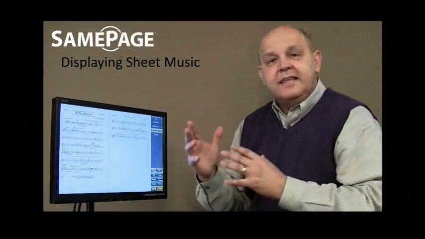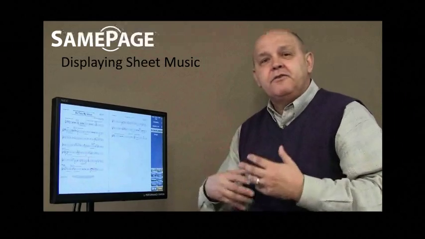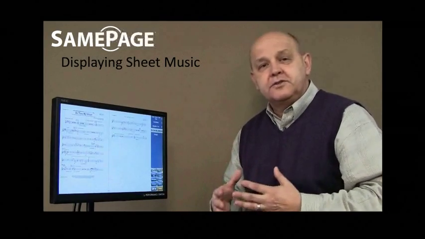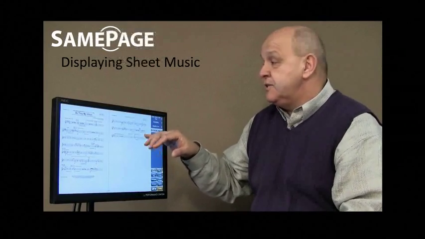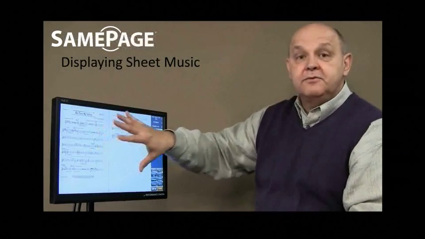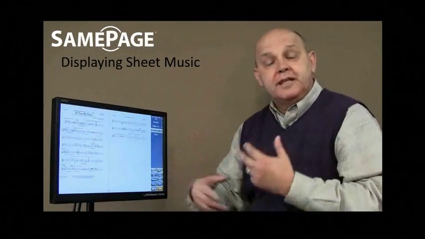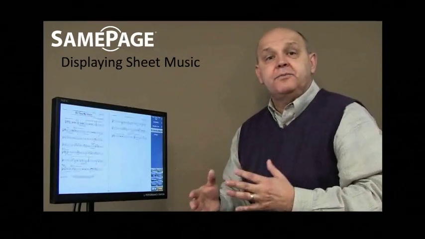So, the unique thing about SamePage is that because each and every musician is profiled for their particular instrumentation, it means then that each musician gets their own piece of music. You might have 3 or 4 different guitar players that rotate in. You might have 3 or 4 different saxophone players that come in and